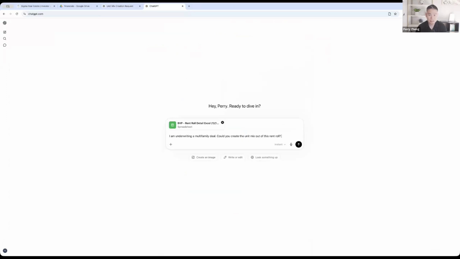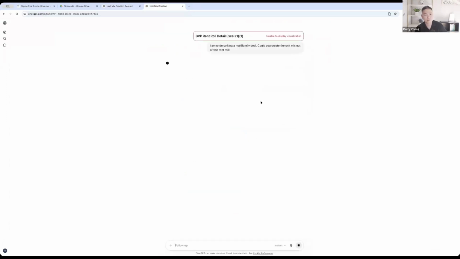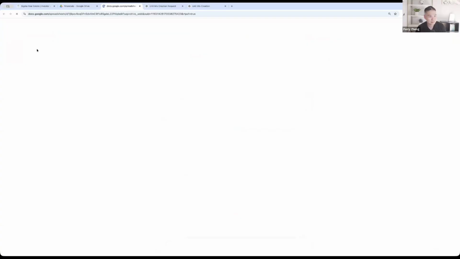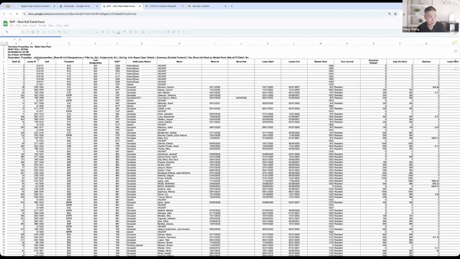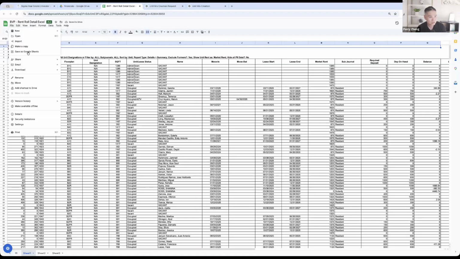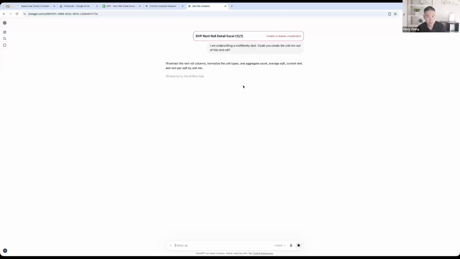If you guys are running into this kind of issue in your world of using AI, you can put in the chat, am I running into this? Do I look stupid? Because this is exactly what happens every time I try to use it. Let me open this thing, and I'm just going to download it: file, import, download Excel.